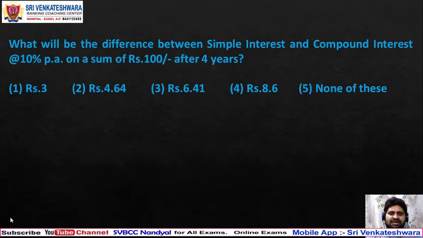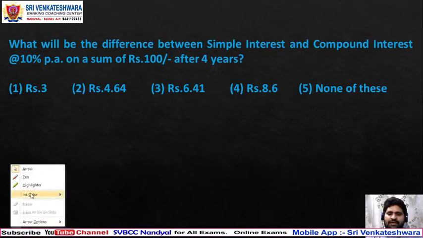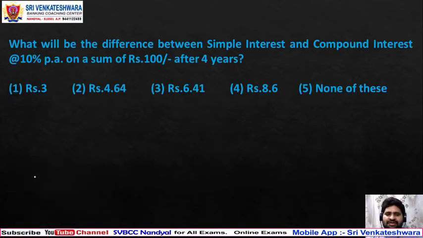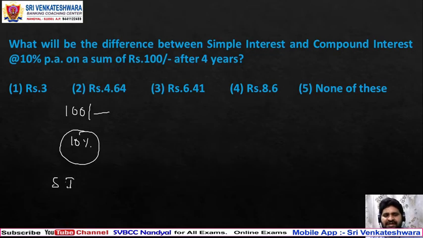How to take this case? So I'll explain that point also. When they ask you 4 years, what you do is calculate simple interest for 4 years and calculate compound interest for 4 years. After that, take the difference on 100. Let's go for a rate of 10%. Generally, if you go for simple interest, every year you will get 10%, then 4 years will get 40%. So 40% we have to calculate on 100. 40% on 100 is 40 rupees.